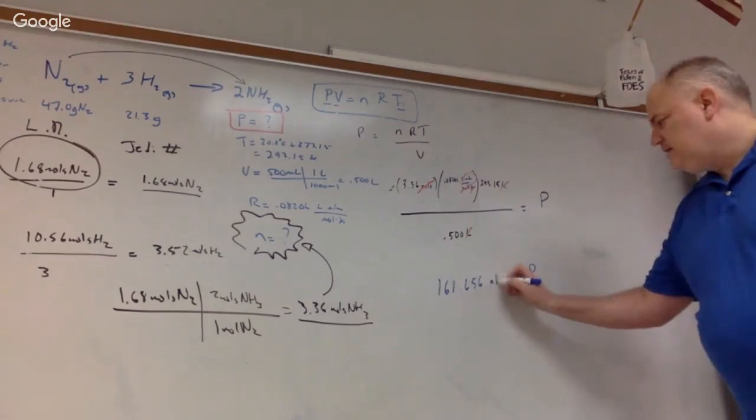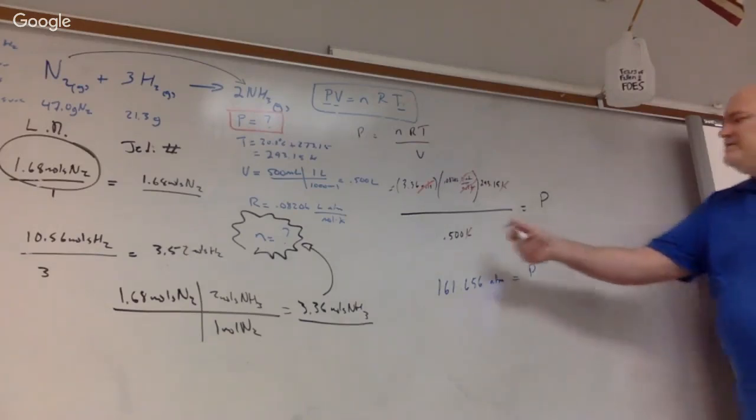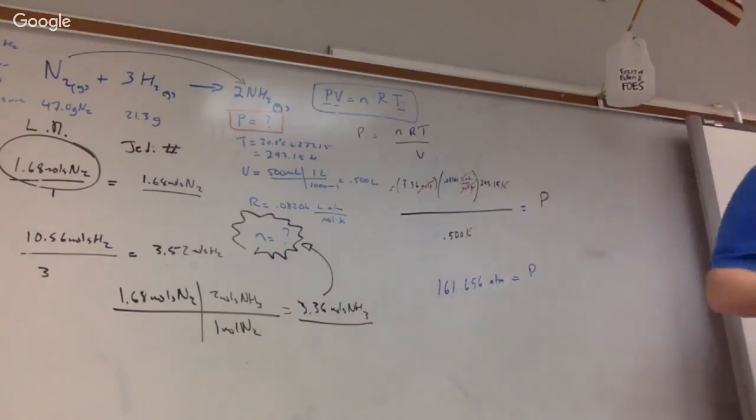0.656 atm. That feels a little bit high. Yeah, I solved it twice. Oh, because you're also dividing by 0.5. That makes sense. All right, so